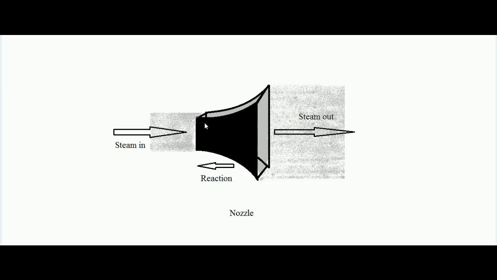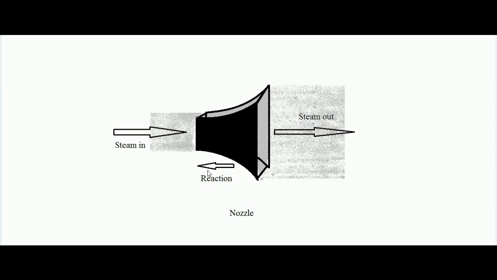Now steam is entering inside. This is the inlet and this is the outlet. So steam is going inside, expanding in the nozzle and coming out. So what is the job of nozzle? The job of nozzle is to reduce the enthalpy of steam and increase the kinetic energy. So over the exit of nozzle, the kinetic energy of steam will be more as compared to that of inlet. This we know by the principle of nozzle. So when steam comes out with higher velocity, it will give a reaction to this nozzle. Reaction force by Newton's third law of motion.